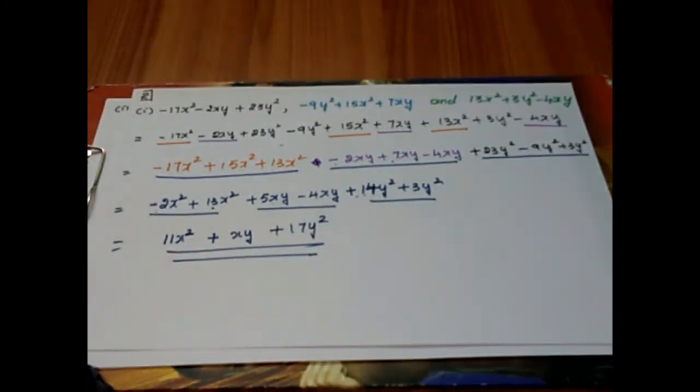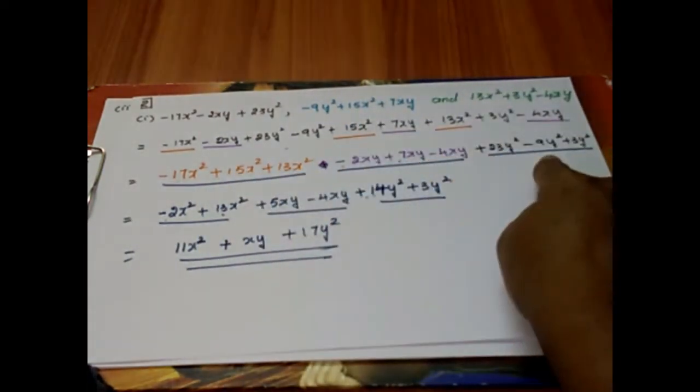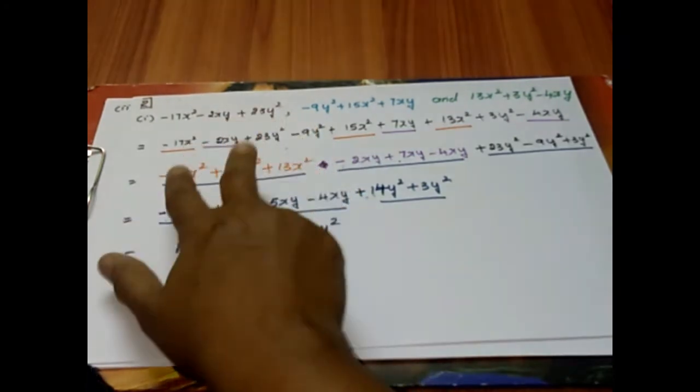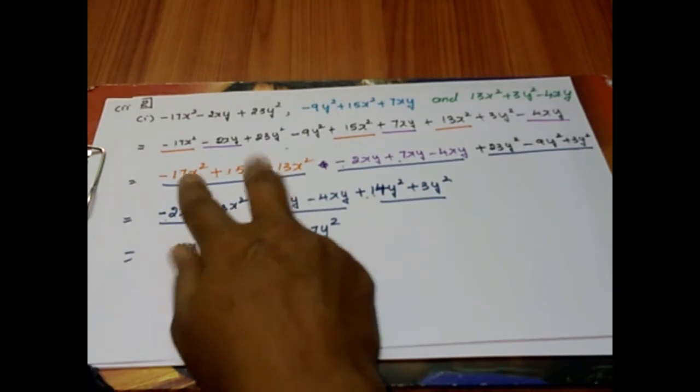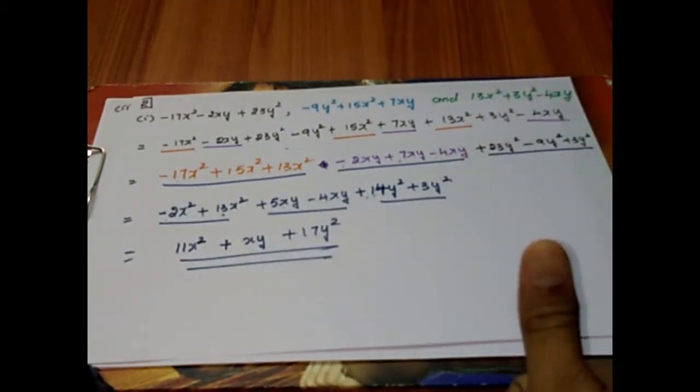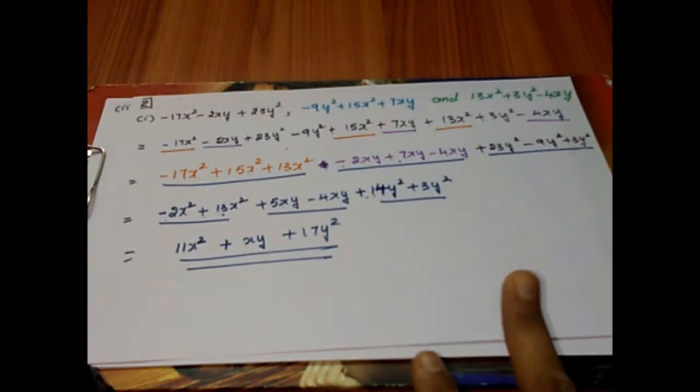This is your solution. So let me repeat and revise once, children. From the next problem onwards, you can follow me and try to do the solution along with me. While adding the polynomials, we write the given polynomials with the plus sign, then group the like terms, and while simplifying, take the first 2 terms, simplify them and carry the third term as it is. While doing simplification, note down the signs of the given terms. If both are plus, add and keep the plus sign. Both are minus, add and keep the minus sign. 1 plus, 1 minus, subtract and take the greater number's sign.